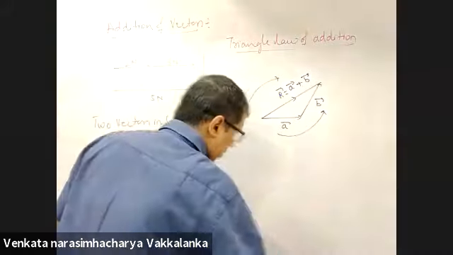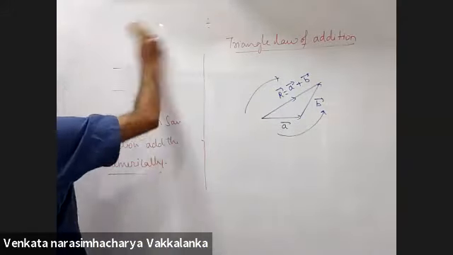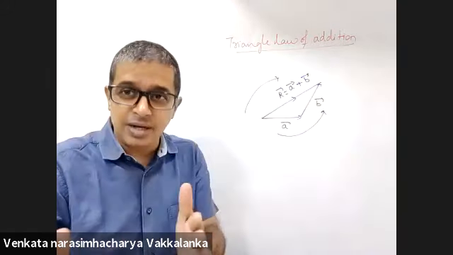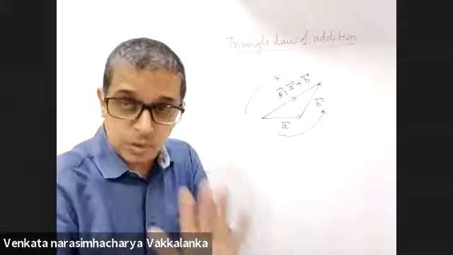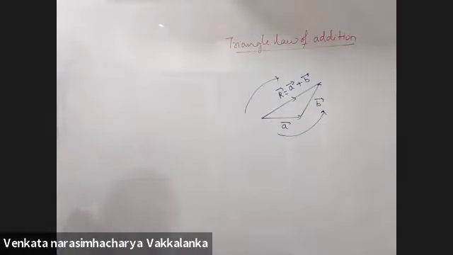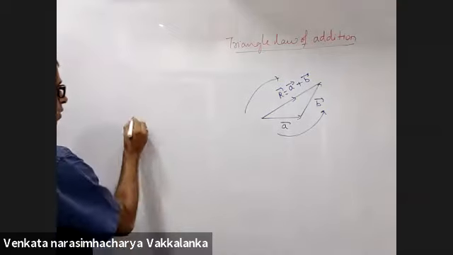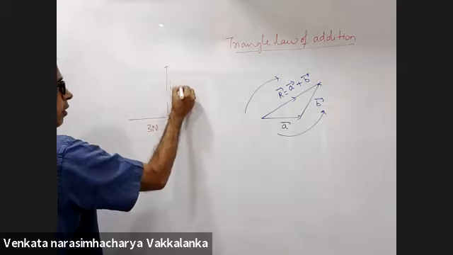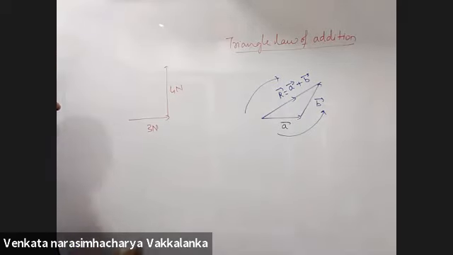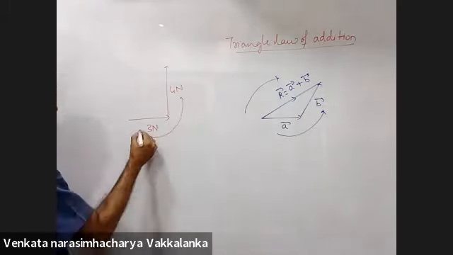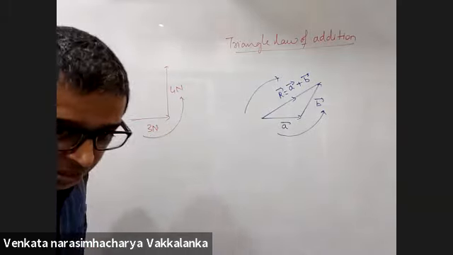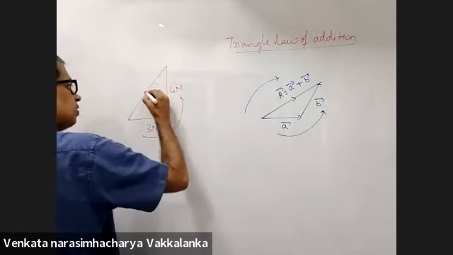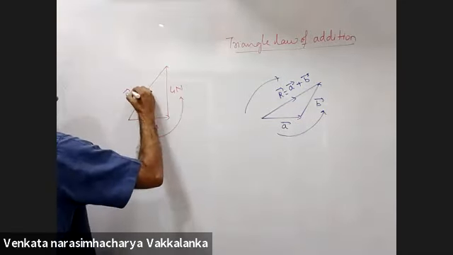Sir, you said if the third side is in the same order as the other two sides, it will be 0. I didn't say that. Somebody said that. Unnecessary confusion for us. Listen to what I say. I'll come to it. Now listen. First of all, learn this. If I have a 3 Newton force here and a 4 Newton force here, these both are two vectors represented as two sides of a triangle taken in one order. Resultant will be the third side of the triangle taken in the reverse order.